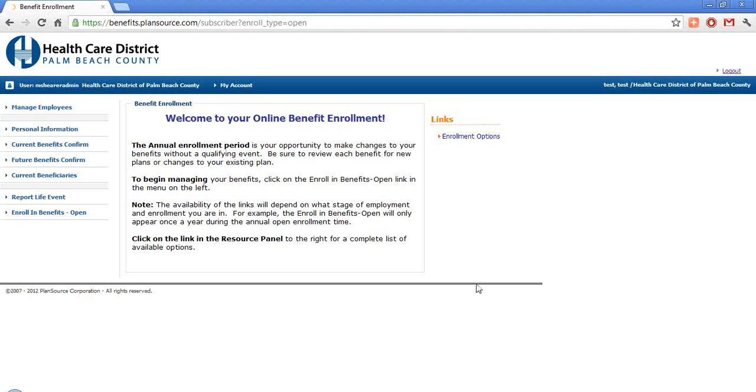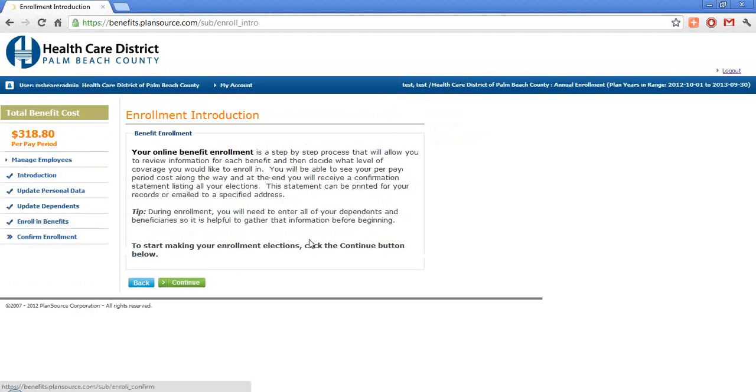Here we simply have an introduction screen letting us know what the enrollment is and how to begin. We just simply click the Enrollment Benefits Open link over here to the left. And then we are brought here to the 5-step process where we can make changes and enroll in benefits. And when making our benefit changes, we can actually update certain pieces of information along the way using the step-by-step guide. The first screen we have here is an introduction letting us know basically that. If you hit the green continue button here at the bottom,